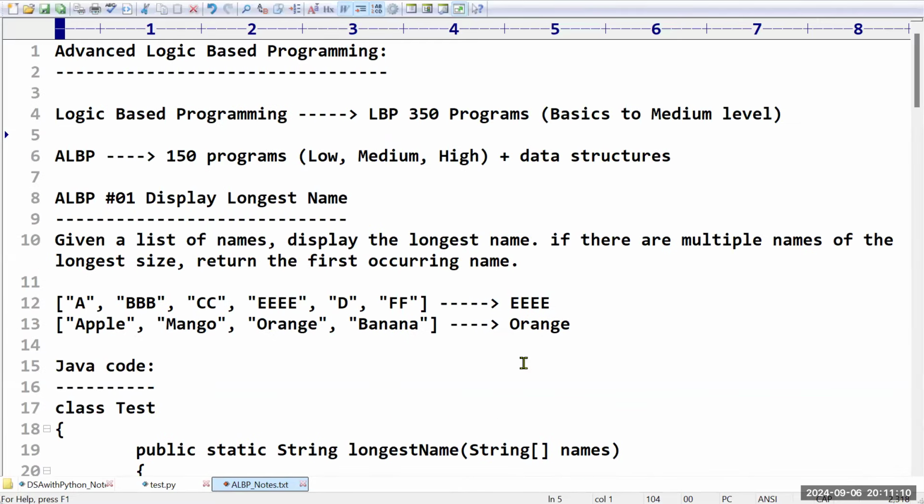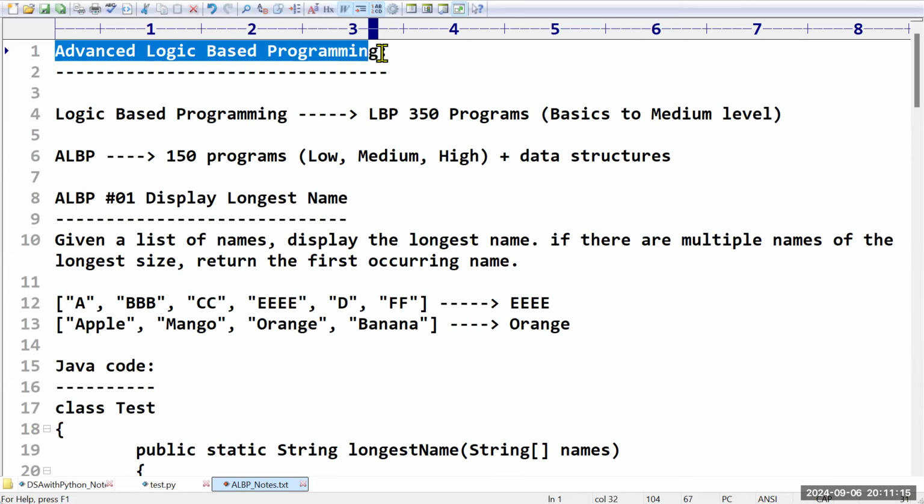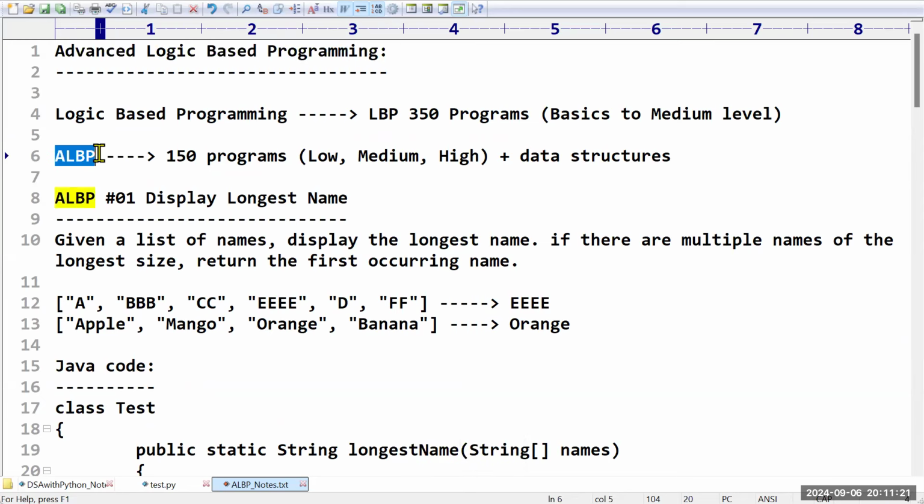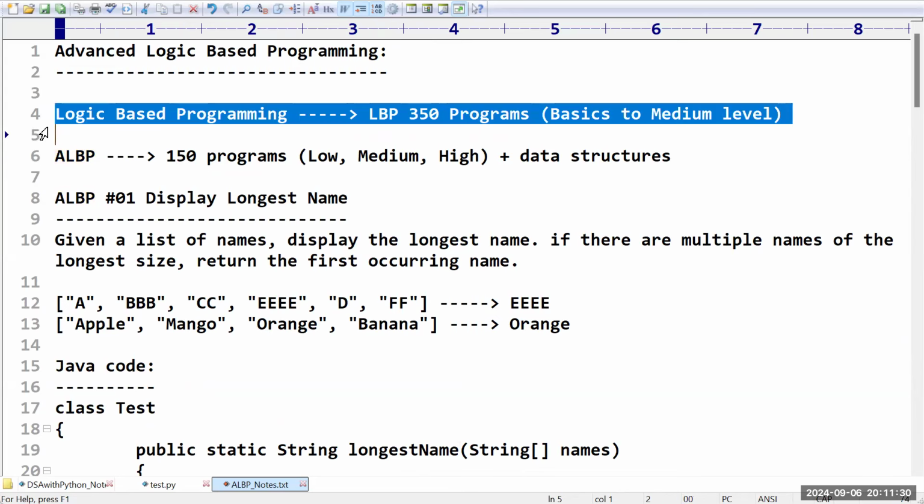So in yesterday's session, we started advanced logic based programming, ALBP. In this batch, just give me 2 minutes to introduce it. Already we have a logic based programming batch. In that batch, we covered 350 programs, top level and medium level programs, up to certain basic knowledge